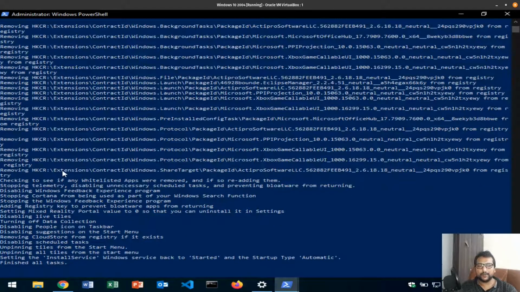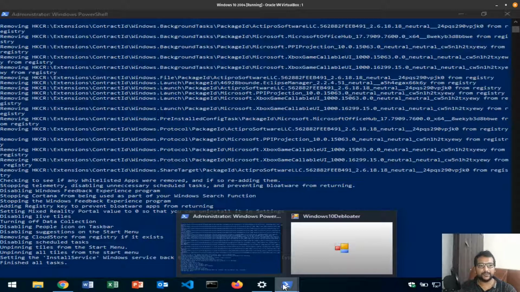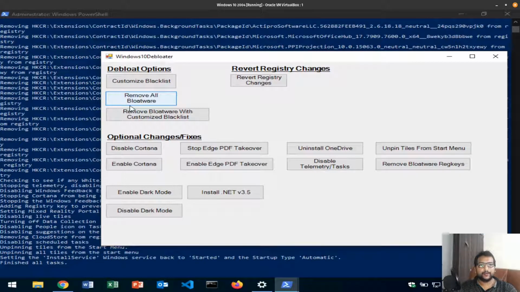So once all the bloatware has been removed, you will get a finished all task message here. That means that operation has been successfully completed. Now again we come back to our debloater, and we have other optional changes and fixes that we can do, and